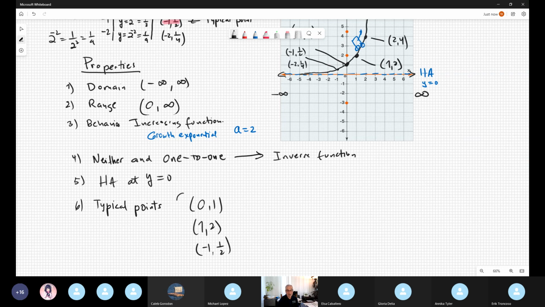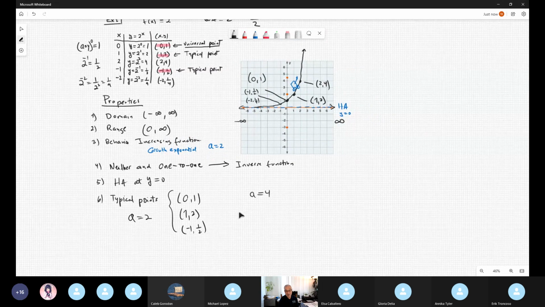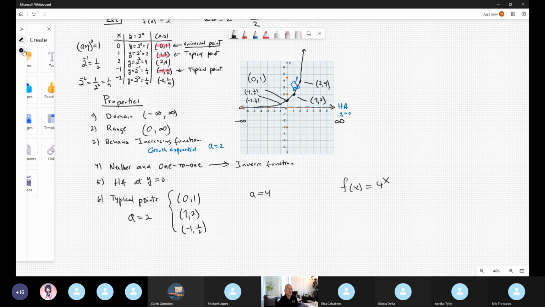Well, in this example, because the base is 2, but if the base is not 2, suppose the base is 3 or 4, let me try 4. Because in the test, I asked you to do the graph of any exponential, no? I suppose that in the test, I put the exponential f of x equals 4 to the x. Do the graph of this. We are doing it in 2 seconds. In 2 seconds, how? Well, it's similar to this, except